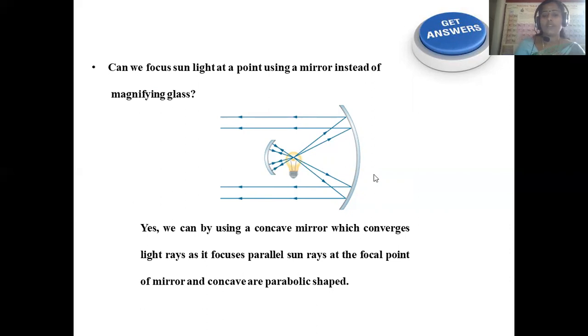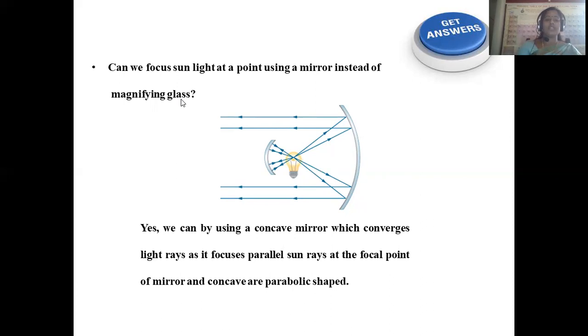So a concave mirror is nothing but a mirror with the curvature present inside. This concave mirror is used to concentrate the light at a single point, so that sunlight will be concentrated just like a magnifying glass. What is the purpose of a magnifying glass? In order to observe smaller objects which are not clearly visible to the human eye. So they can be clearly visible by using that magnifying glass.